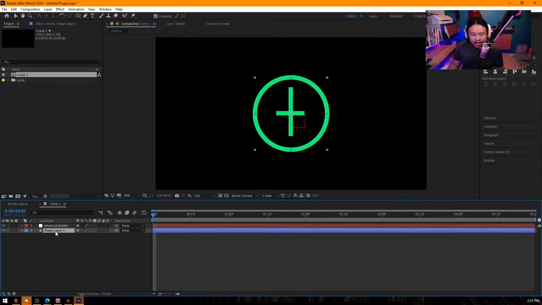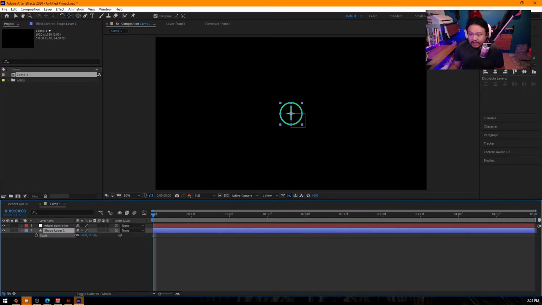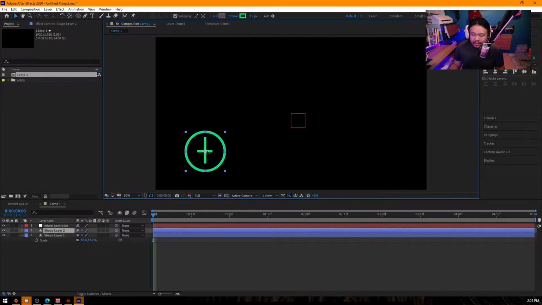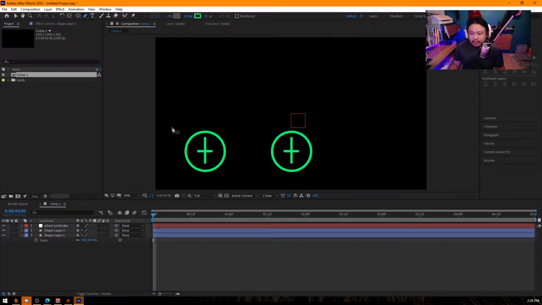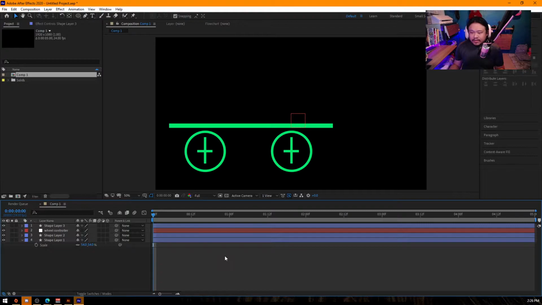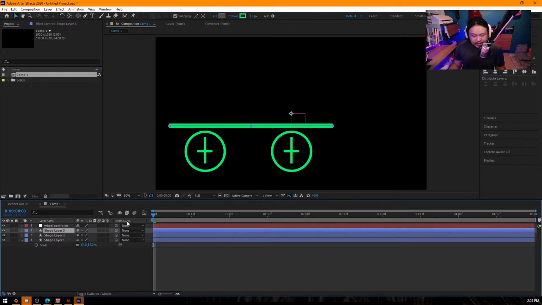So for example, I have this shape layer 1. I'll scale it down, move it here. I'll duplicate it, move it here. Alright? And then I'll create another shape. Let's say this cart. Let's say it's a cart na maganda. Okay, yan. Ang ginagawa ng wheel controller, guys, or ng null object is, you see this parent and link